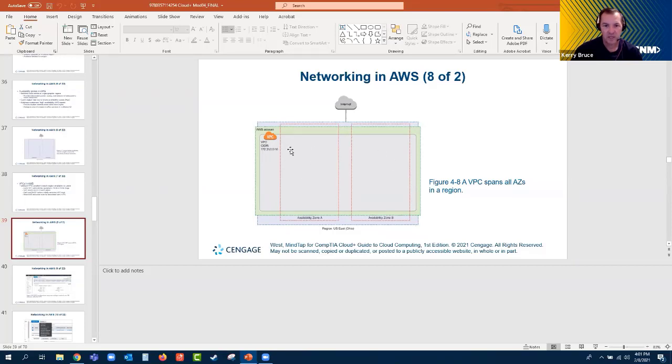So we have infrastructure in both availability zones dedicated to our VPC. That's the first step of this process. We've got this virtual private network across 2 availability zones within the region that I've chosen to set up my